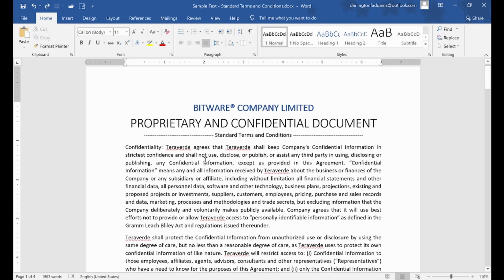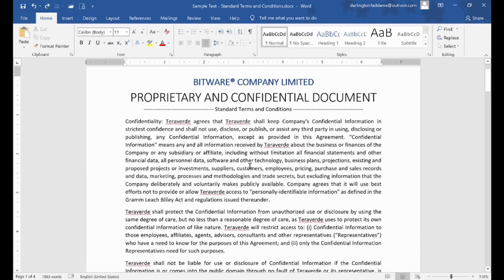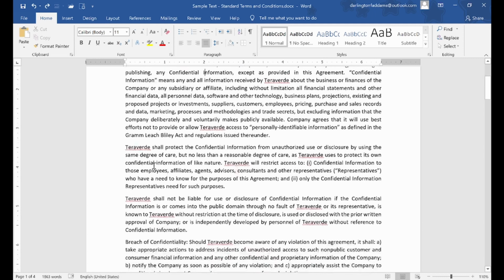All right, I think I'm okay with this. Now I'm going to implement my columns immediately. Now when it comes to columns, you can actually highlight the text you want to apply your columns to